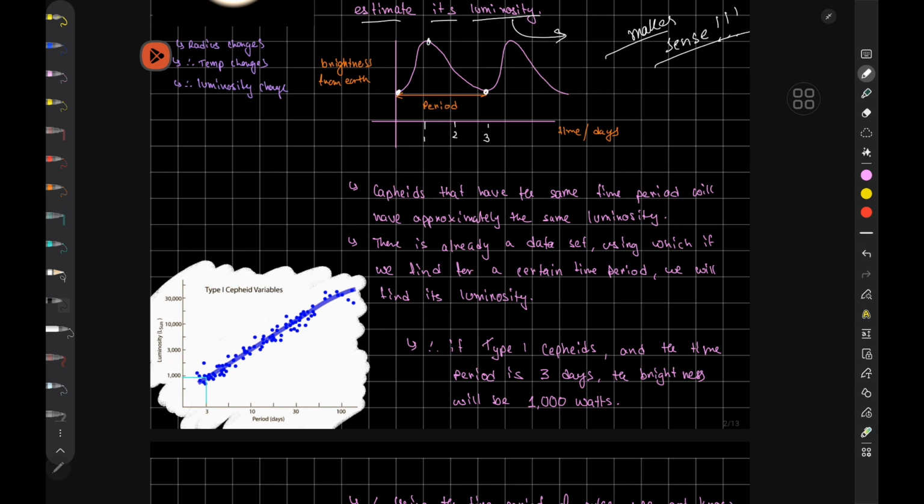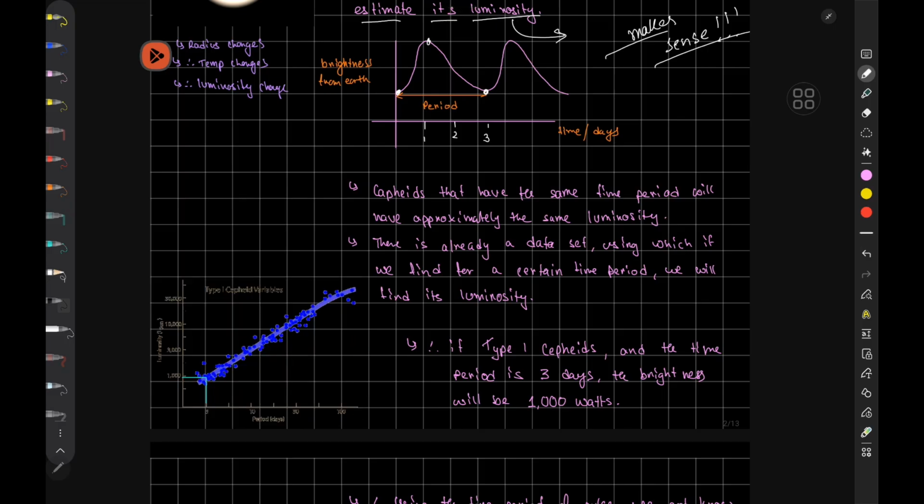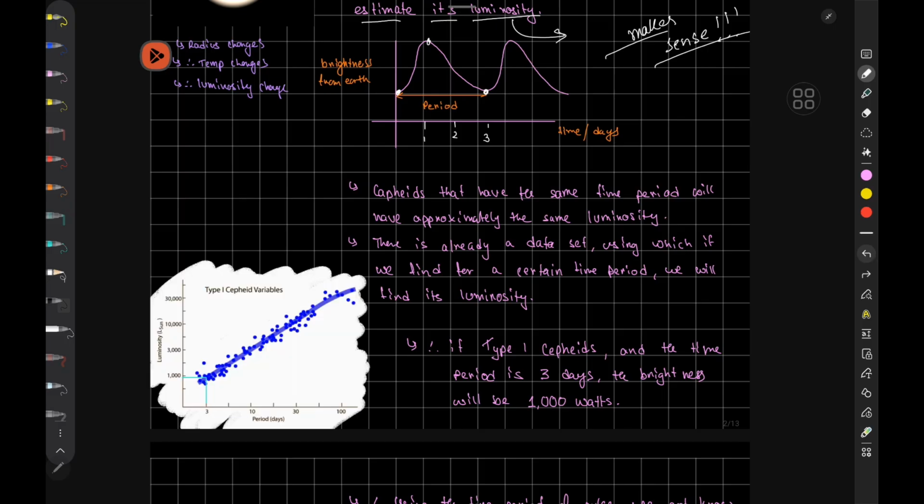So based on that, let's say the time period is around 30 days, then the luminosity should be around, between 10 and 30, so 20, I would say 18,000 or 16,000. So your luminosity should be around 20,000, whatever the unit is,